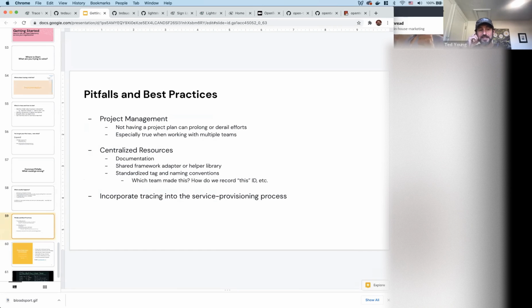So yeah, again, the pitfalls that I encounter when people try to kick off an observability effort within their organization: if this involves multiple teams and a lot of engineers, you do want to have a certain amount of project management.